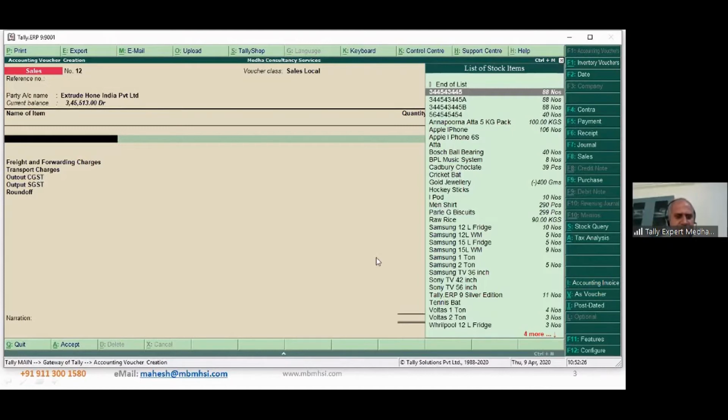Dinesh, is this the chart you are looking at? No, the category chart. Okay.